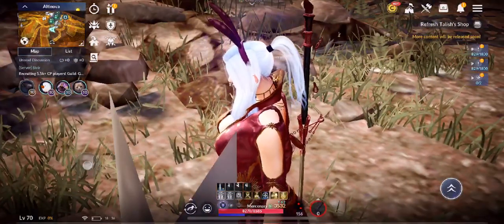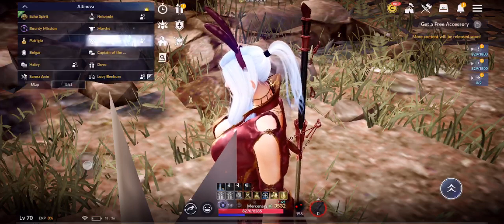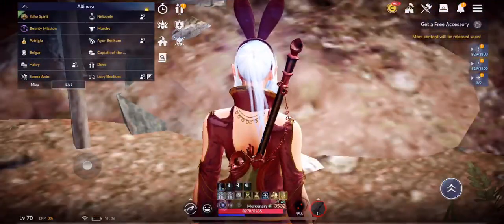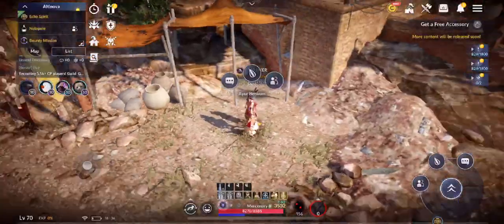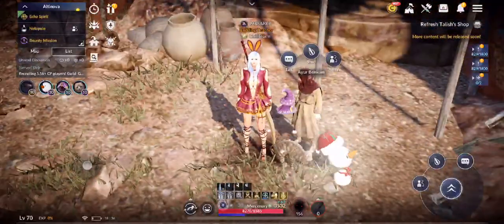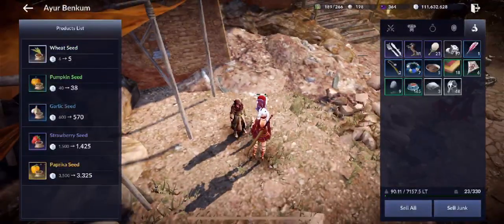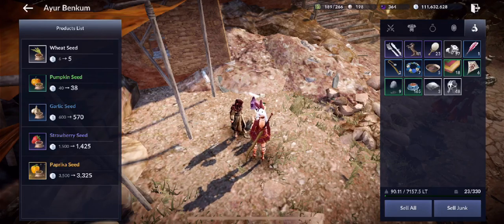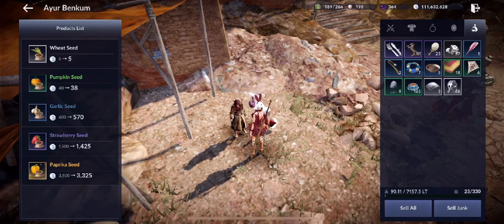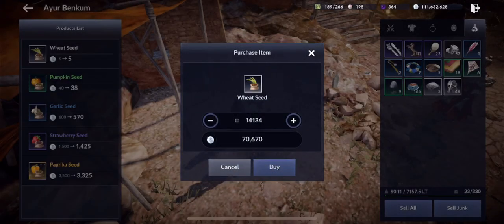So are we in Altinova? Yeah, we are. So we have to go to Ayur Benkum. Oh, we are here already too. Wow, good job. She knows I'm going to stream today. These are all the items that I am selling. Okay, all right, I know that. So we buy all the wheat seed that we can. So 14,000 pieces,